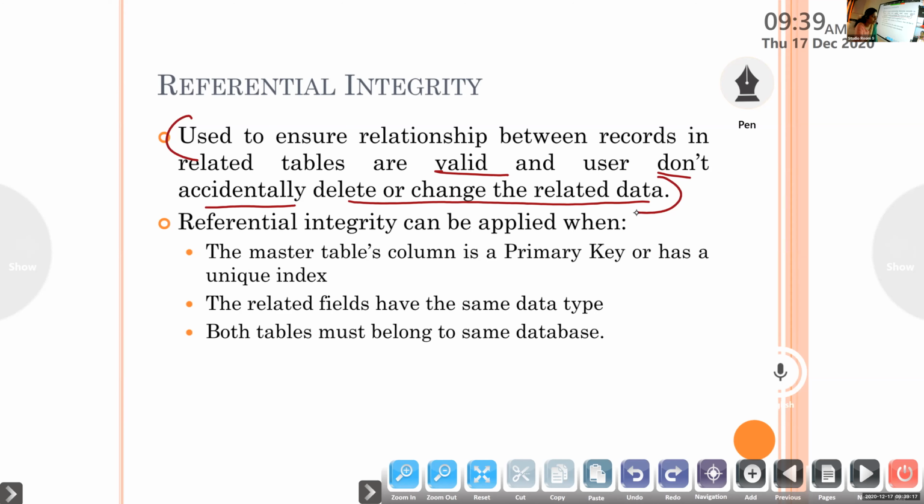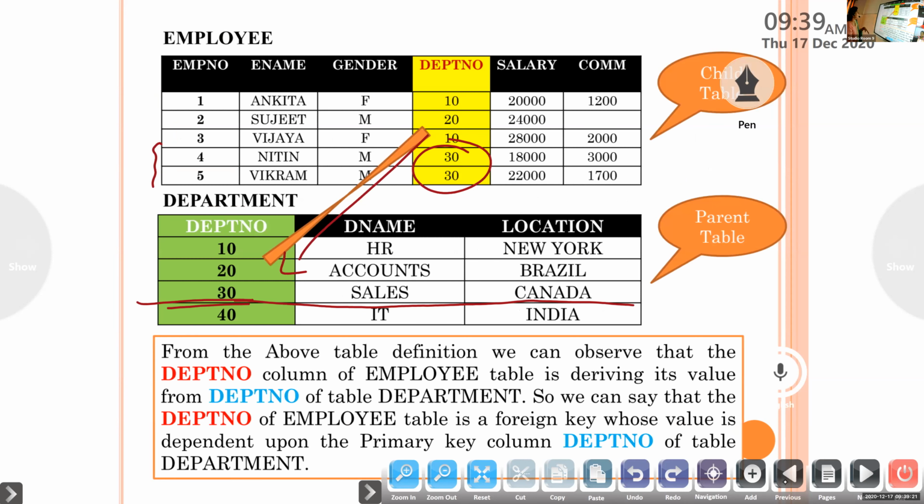And one more condition is, when you relate two tables, you can't place your department number in a zoo table. Suppose there is a zoo table. In zoo, there is a system and they are maintaining a database about the different animals, birds, species in that zoo.